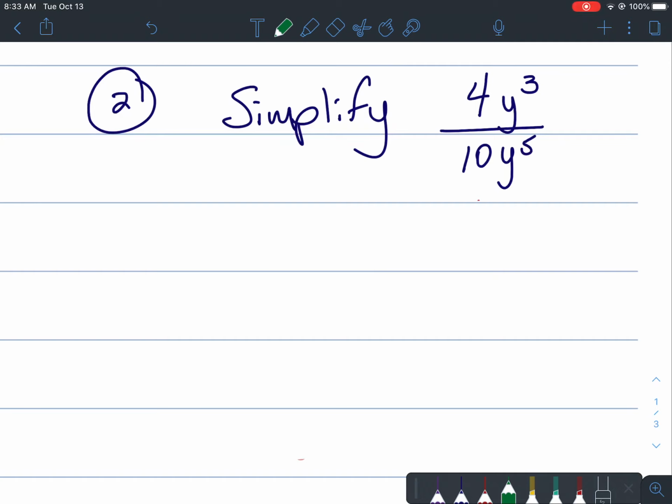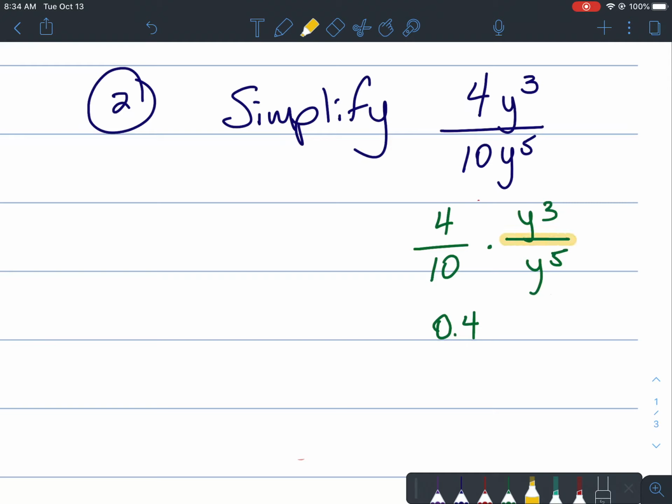Number 2. Same idea. We're going to break it up. 4 tenths times y to the third over y to the fifth. 4 over 10 we can write as a decimal, which is 0.4. Use a calculator if you can't do that in your head. That's fine. Then we look at our